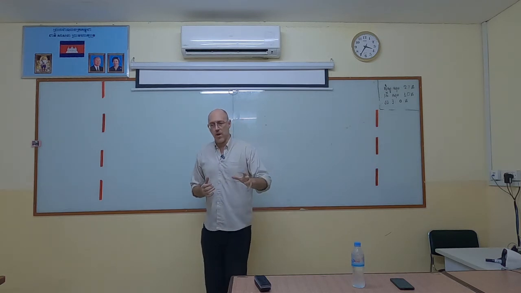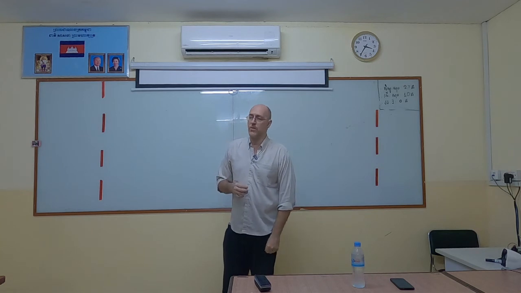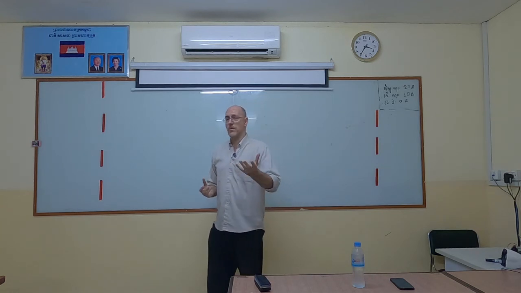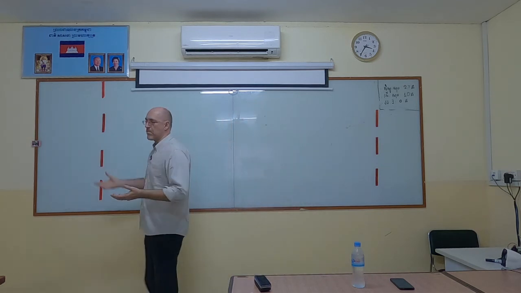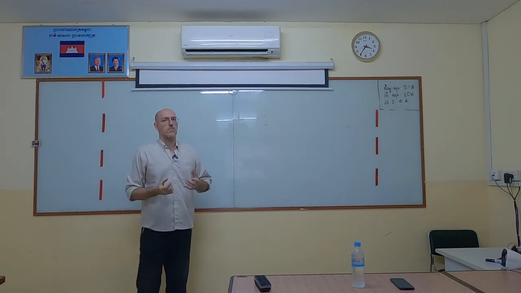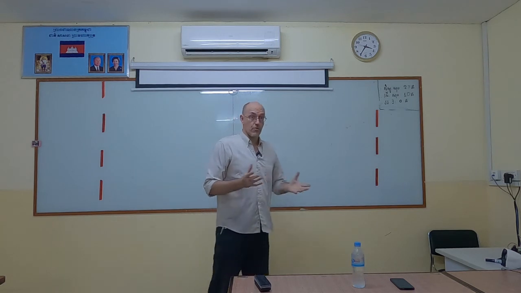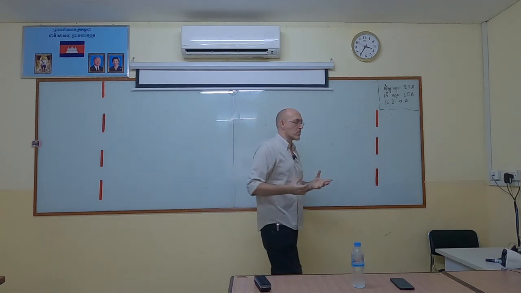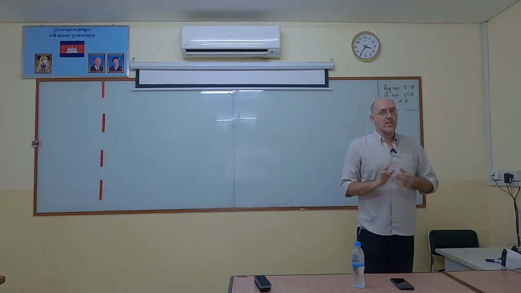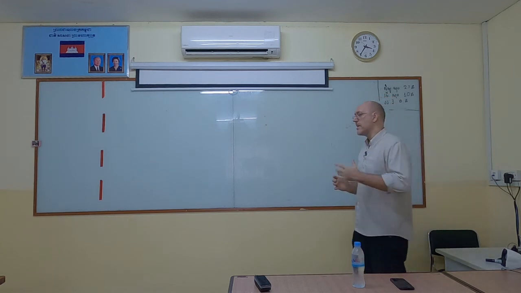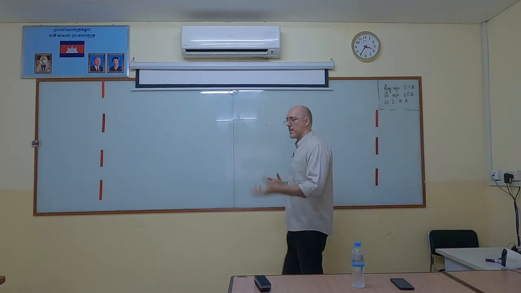If you do try, I might be able to give you something. If you get close, especially with comprehension questions, people leave them blank. But if you get close, I might be able to give you 1 point out of 5 or 2 points out of 5 or something. We do try. We're generous markers. We do want to give you the score. We're not looking to fail anybody. We're looking to help you. So give us an answer and try and get as close as you can.